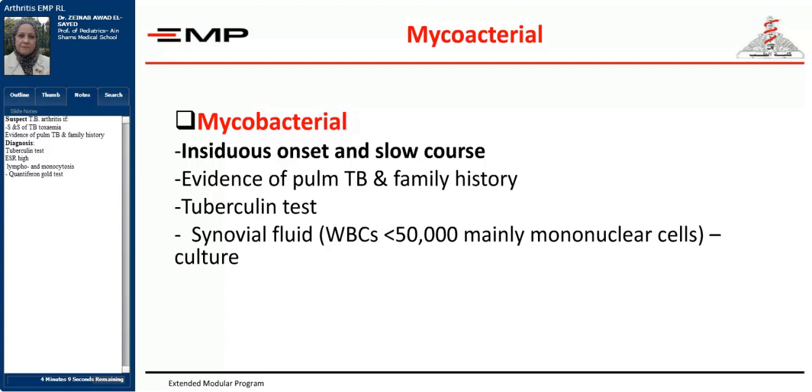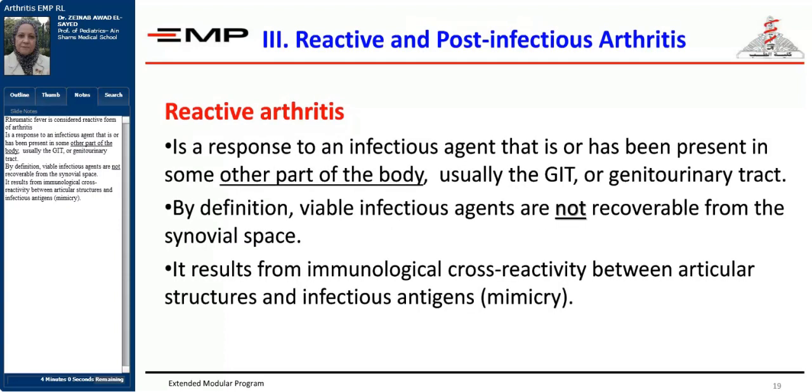Clinically in reactive arthritis, there will be a history of a distant infection in the GIT or the genitourinary tract. There will be a history of travel to an endemic area or exposure to sick animals. There are other family members who have diarrhea, and whenever you find affection of the large joints together with diarrhea, you have to think of reactive arthritis. This is treated by giving non-steroidal anti-inflammatory drugs for the joint,